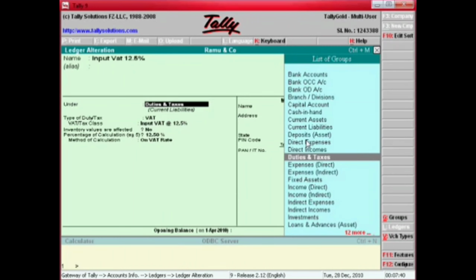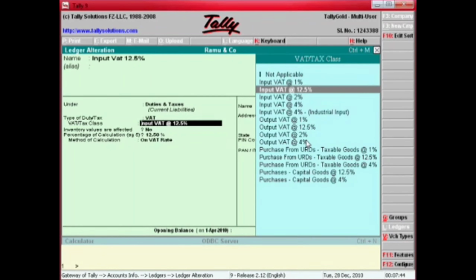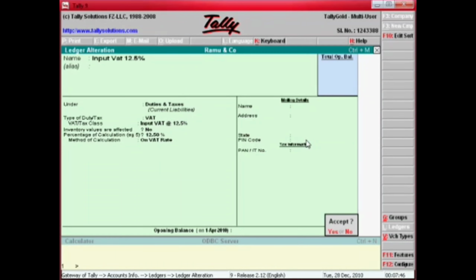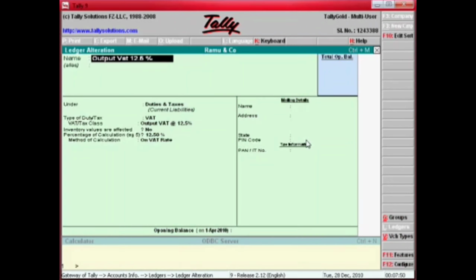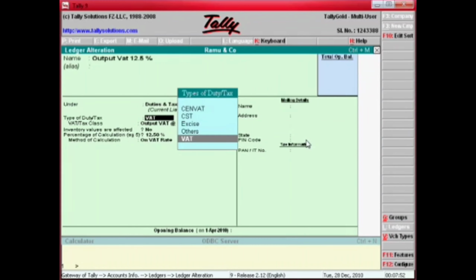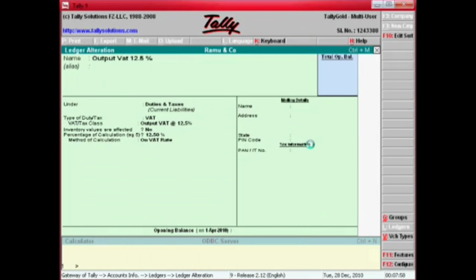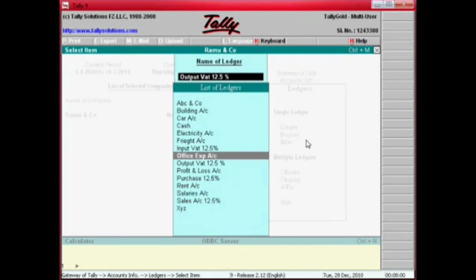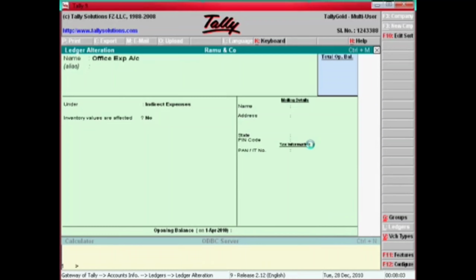It's a tax on purchases. VAT 12.5%. That's all. Output VAT, duties and taxes, VAT classification is output VAT. Office expenses is an indirect expense.